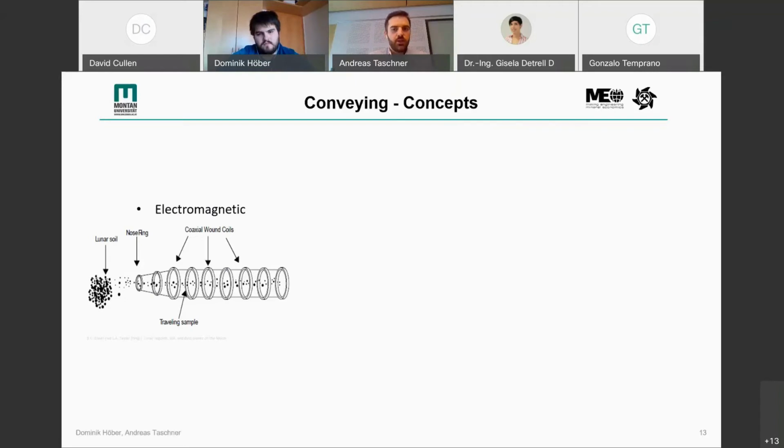In this picture, you can see one proposal. It's the lunar soil magnetic collector. The most essential part of this conveyor are the wound coils. The coils are controlled individually to generate magnetic fields in sequence. So powering down the coil before and powering up the next coil leads to the transportation of the material along